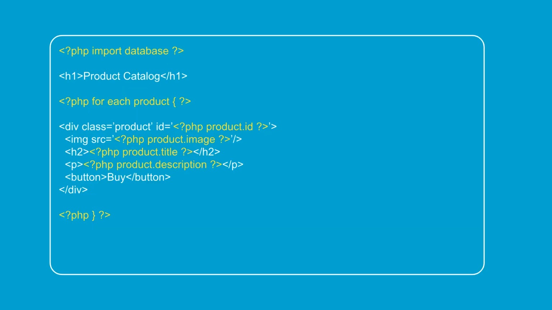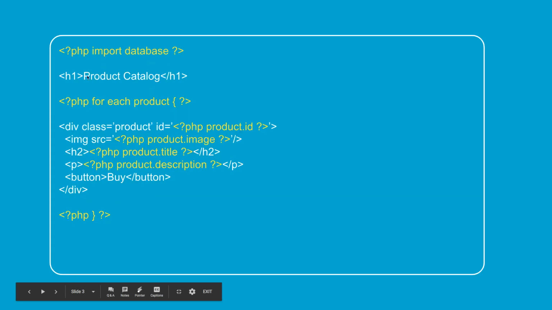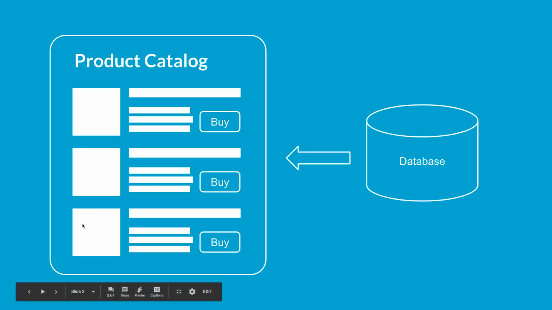So let's take a look at what the actual file would look like, which would generate this product catalog. So what you can see is in white, I've got plain old HTML, and in yellow I've got some scripting code. Okay, so you can see I've got a heading here. It's the product catalog. So this is effectively the code for this HTML page. Okay, so I've got the heading, product catalog, and then for each of my products, for each of these product blocks,